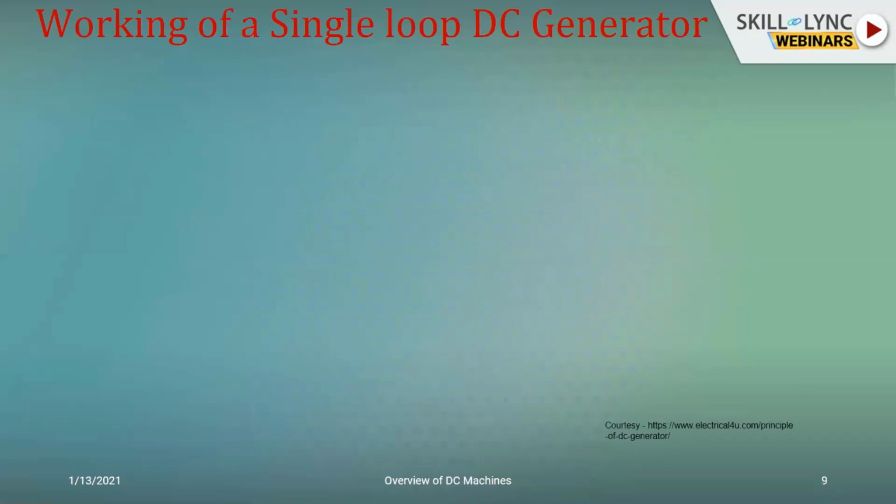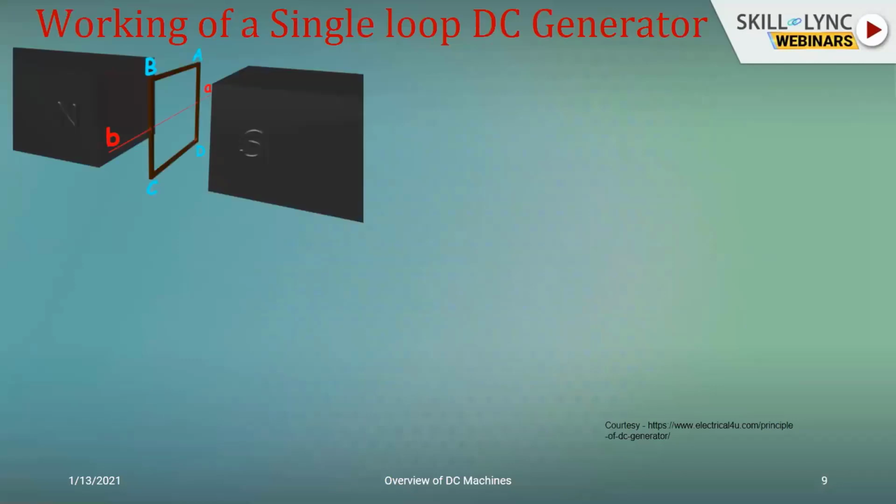So when it comes to the working, I'll explain all of this with respect to a single turn conductor where n is 1, because it becomes easier to understand. I've just taken a single turn conductor, that is ABCD. It's a one turn, and I have defined its axis with the lowercase ab. They are placed between the north and the south pole. Now if you see over here, I can very well say that when it comes to the flux lines between the two poles of the permanent magnet, it is not getting fully linked. All the flux lines from the north pole are not getting linked with the south pole.